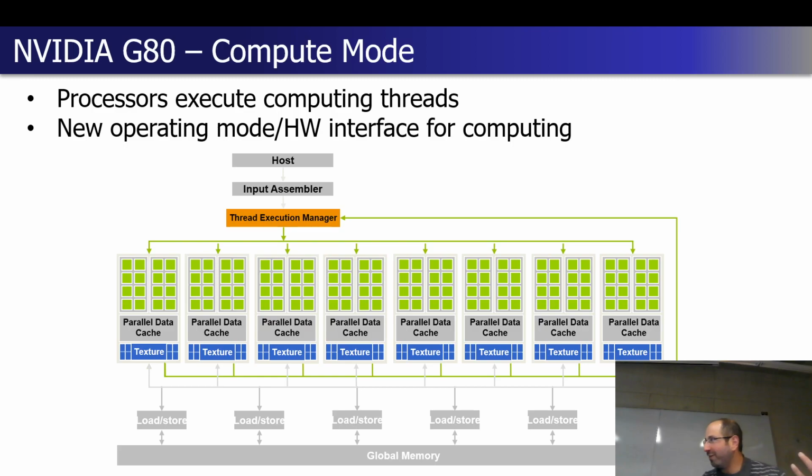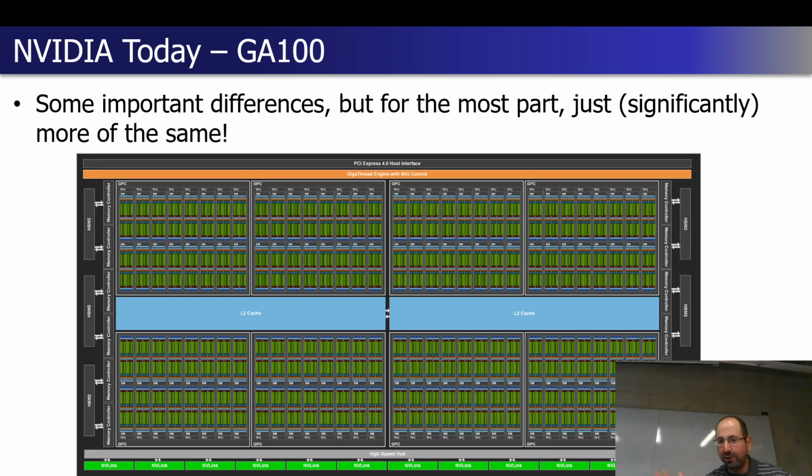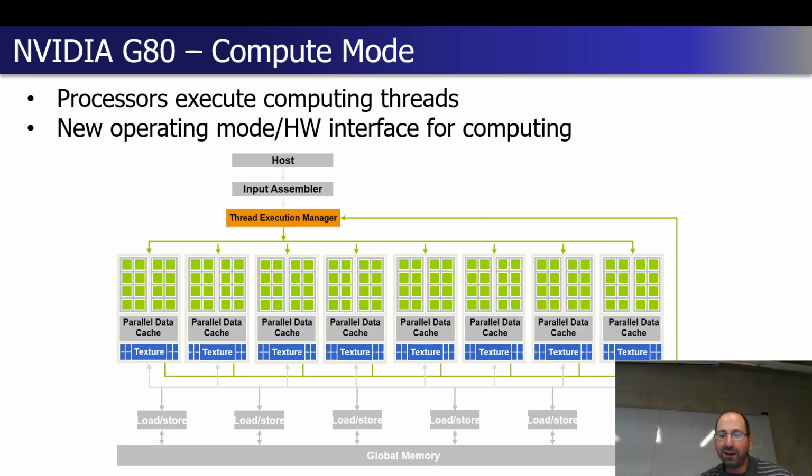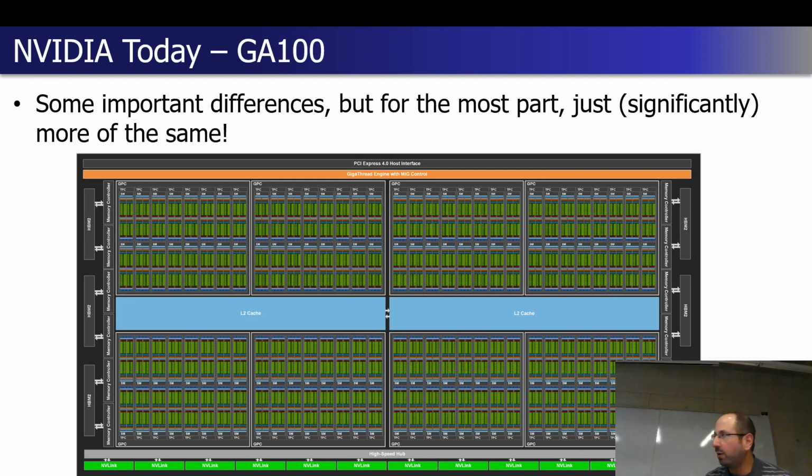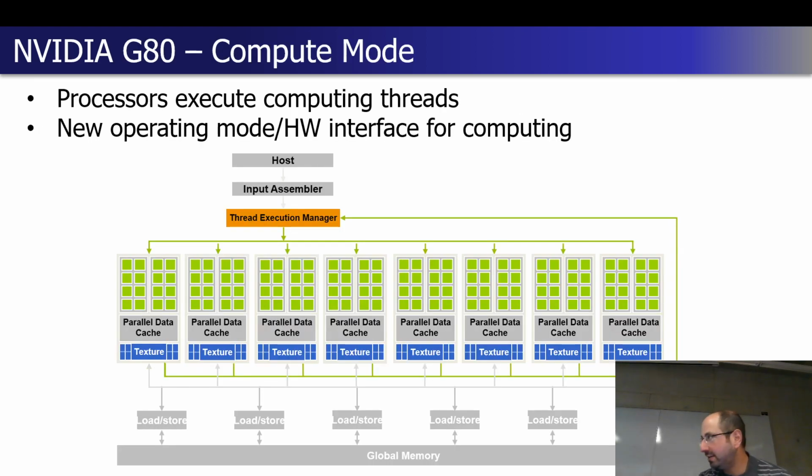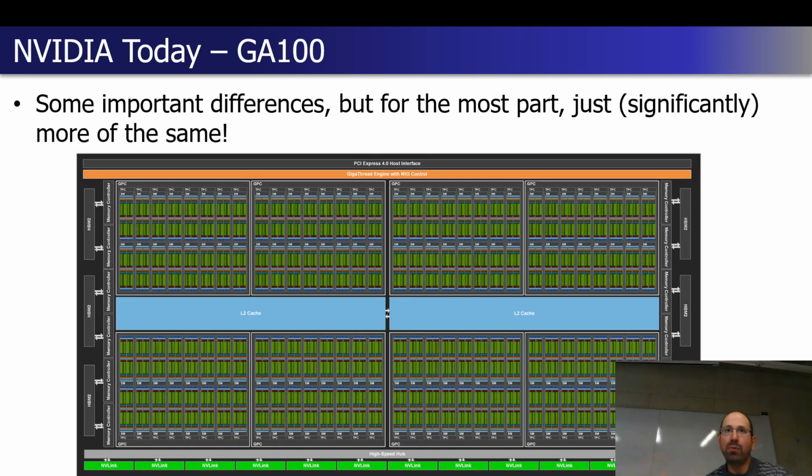This is certainly an architecture innovation in terms of supporting unified shaders, supporting compute mode as well. This is also architectural innovation, but it is much more so VLSI or semiconductor innovation than architectural innovation. You can't see it because the scale is so much more, but it is effectively a much tinier version of these same green squares being shown in this particular diagram. So we can learn based on this or somewhere in between and not really lose a lot of generality in terms of what's happening here.